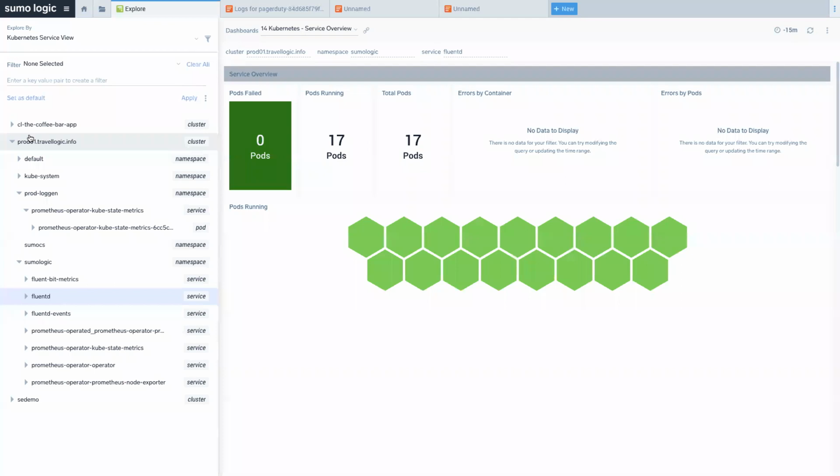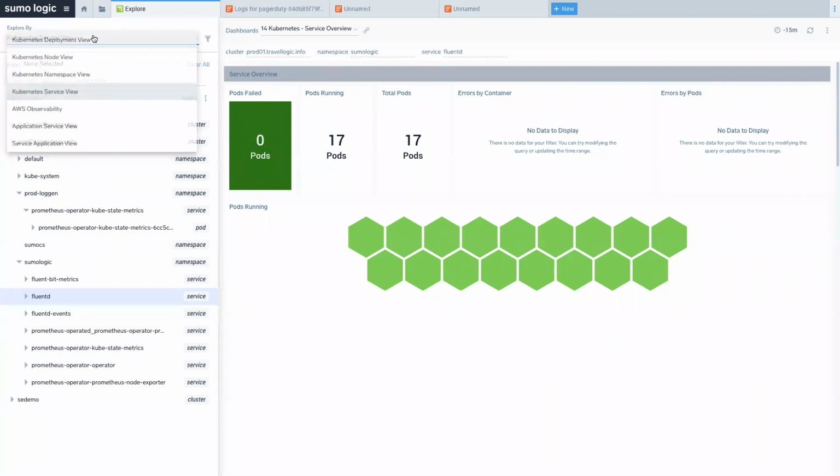So possibly a namespace, maybe a service, maybe a deployment that they're using. And that's the language that they're going to use to talk to you about this thing.